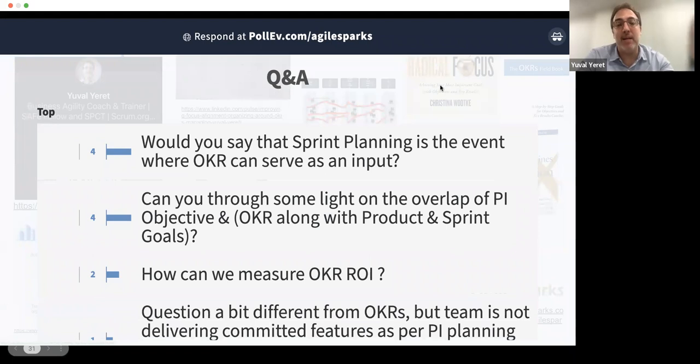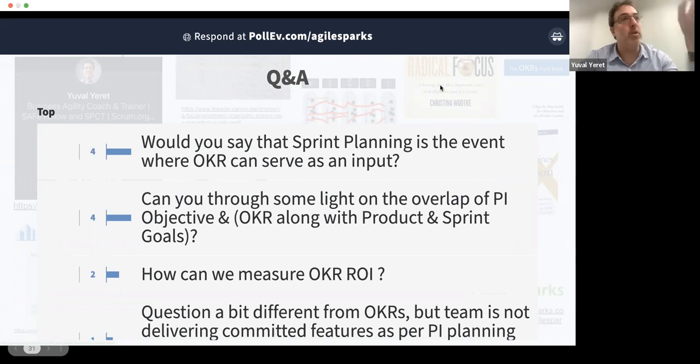They also provide the ability to adjust based on what we learn along the way, to assume variability and preserve options. In the sense that having a PI objective doesn't mean we know exactly everything that we'll do in this PI. It actually gives us the space to figure out different ways to achieve that objective. So that's pretty similar between PI objective and OKRs, which kind of raises the question, do we use OKRs for PI objectives? Can we use that language?